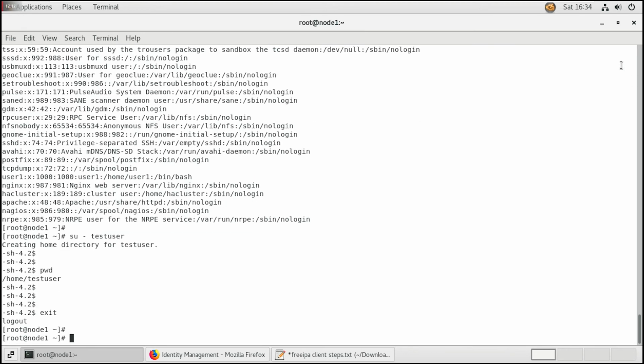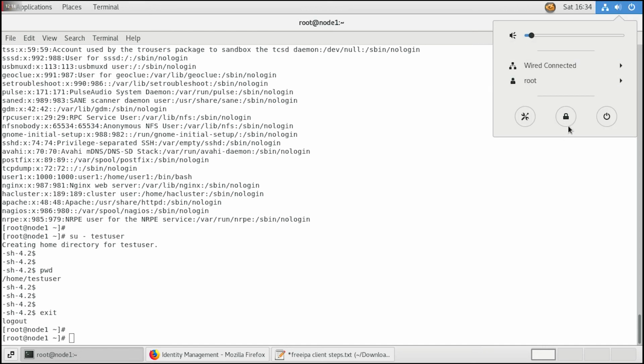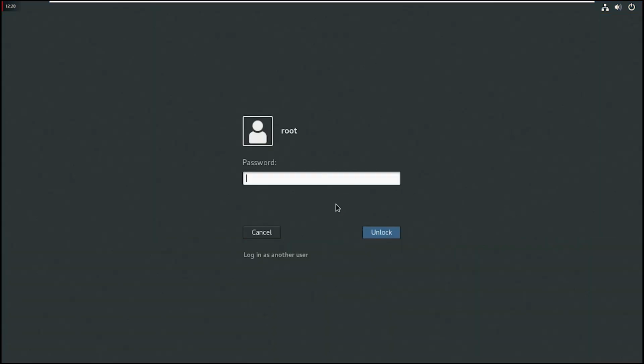So now we can also log in using the graphical console. Login as other user. Test user. The password that you have set.